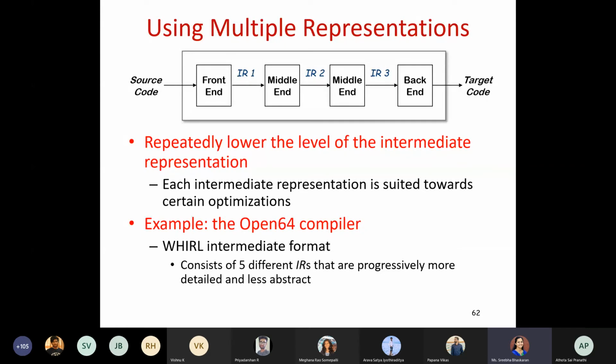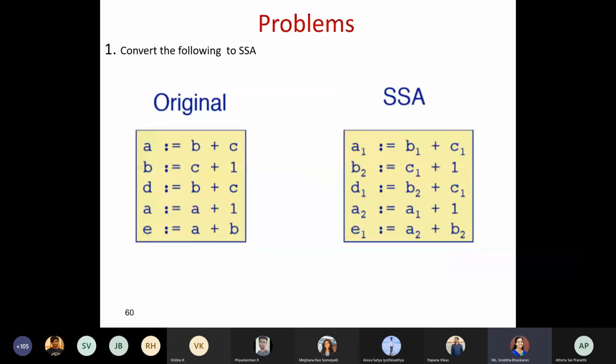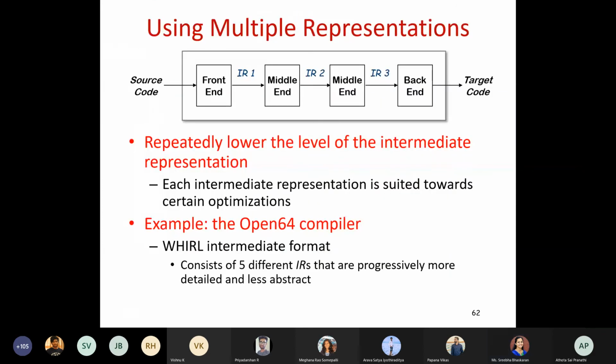Suppose you say the front end, so we had discussed the front end part. And in between we have the middle end. This middle end is nothing but the different intermediate representations. Intermediate representation is just for optimizing purposes, right?